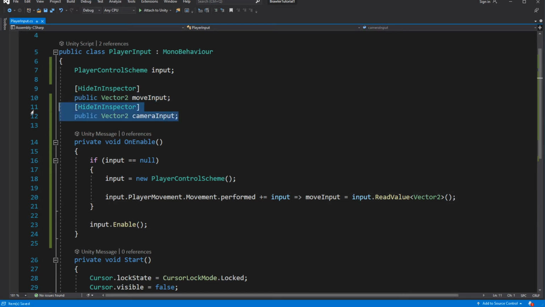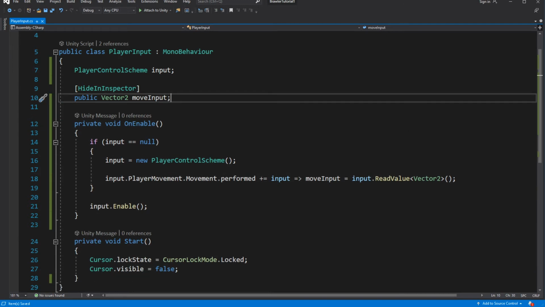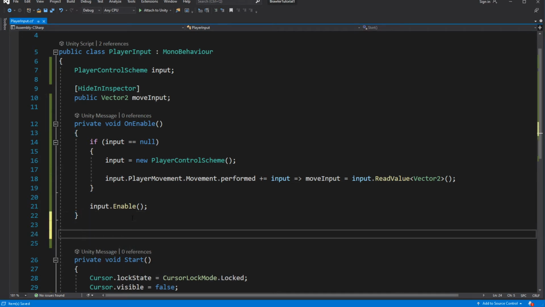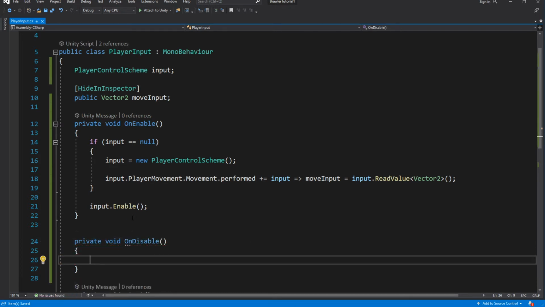Actually, we don't need camera input, so let's remove it. We will use a different approach for this later on. This will make it so input vector from the keyboard controller will be written into the move input variable. And on disable we should disable the input.